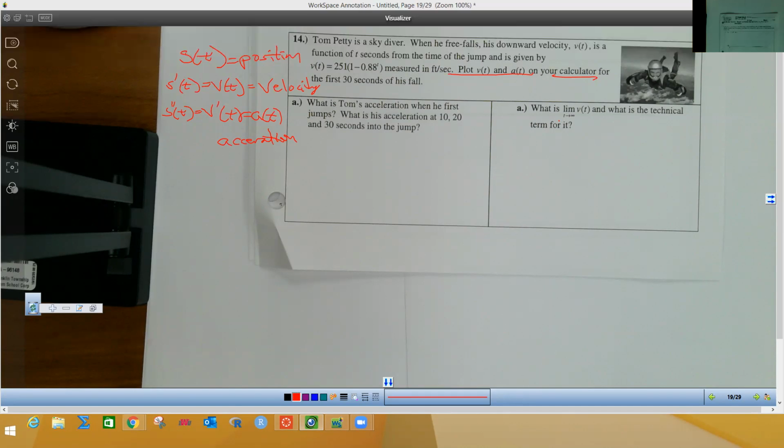I'm going to change that, again hitting Window, and I'm going to hit 0 for X min, and I'm going to hit 30 for X max, because it says from 0 to 30. Okay, and then I'm going to come down and change my Y min to 0, because we're talking about above the ground,